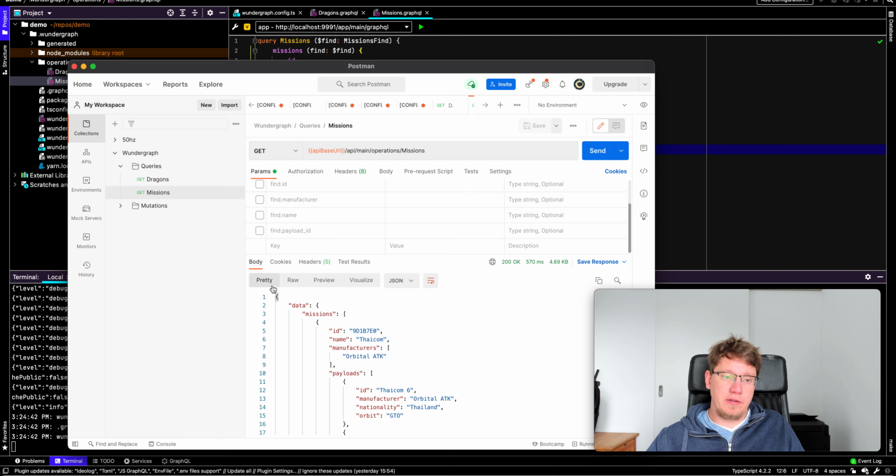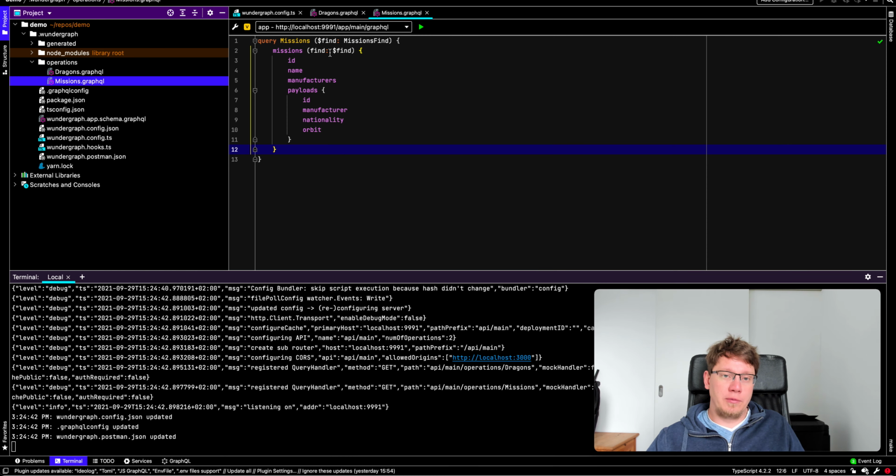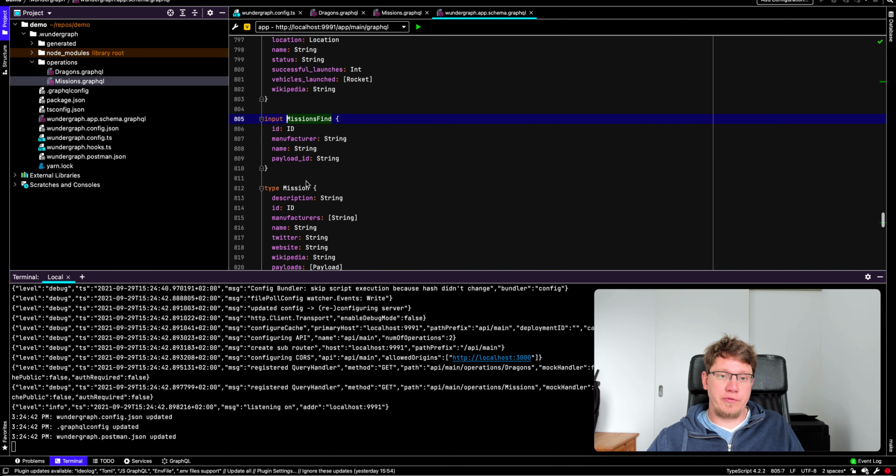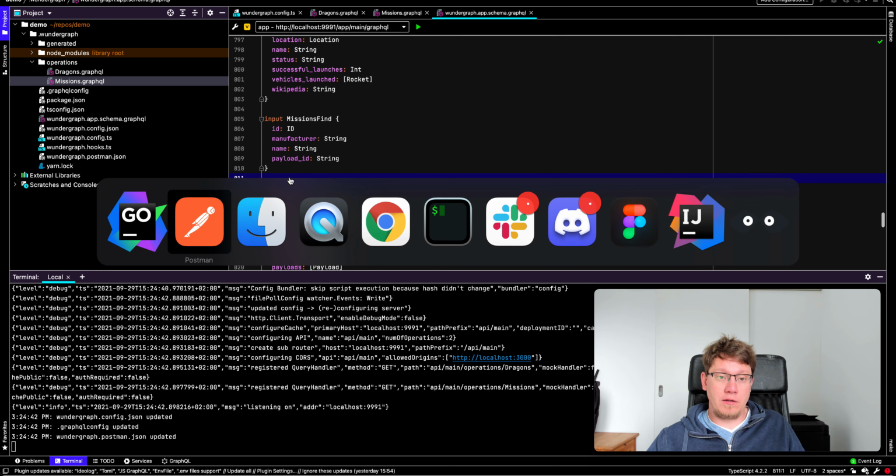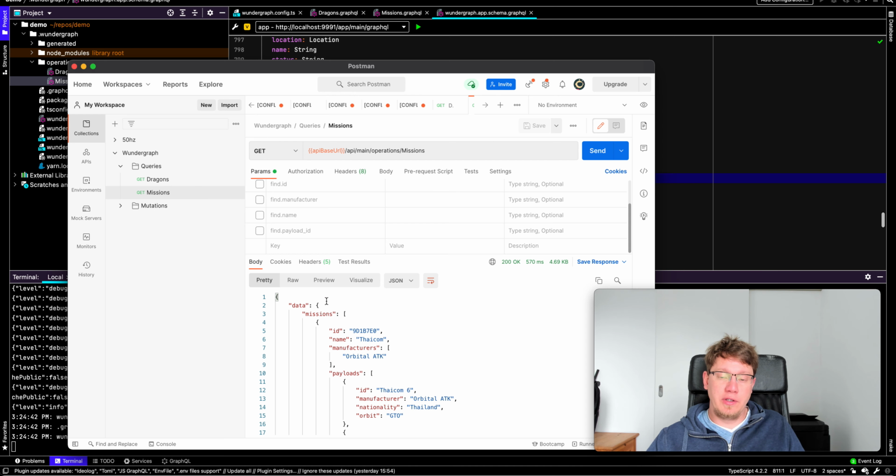One more thing. You saw before that mission has a find object or a find variable. This is mission find. It takes an ID, manufacturer, name, and payload ID. This way you could use inputs to define what kinds of missions you want to have. For this variable, we generated the input parameters. If you would now like to find missions by name, we can take the name,